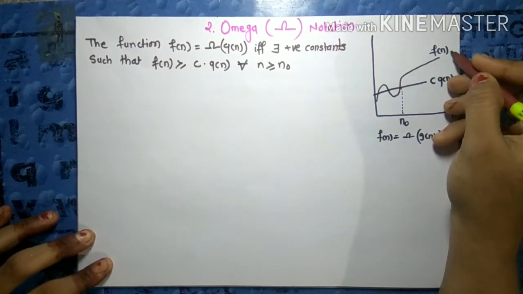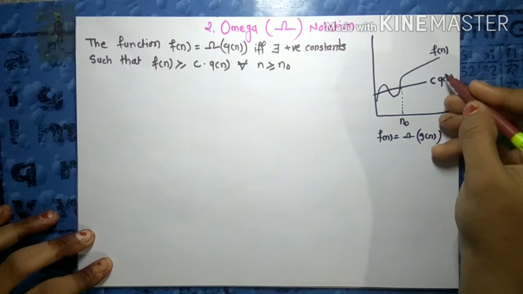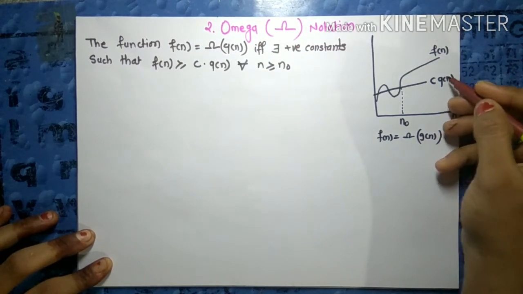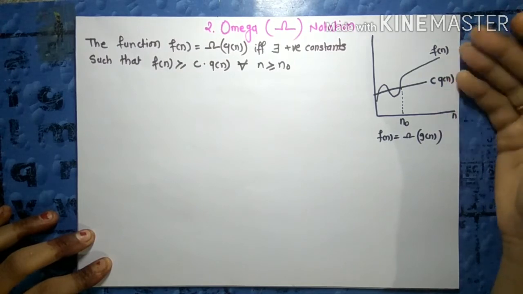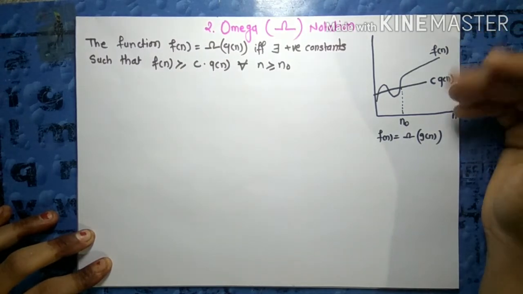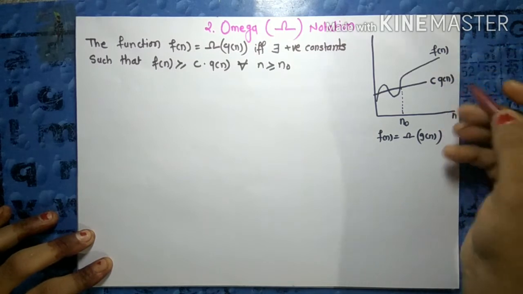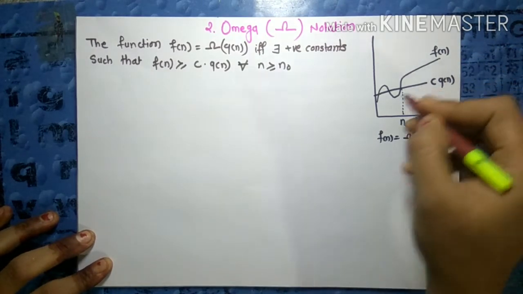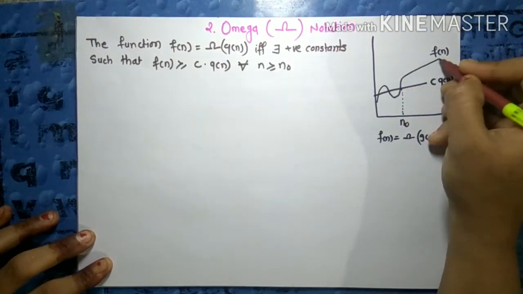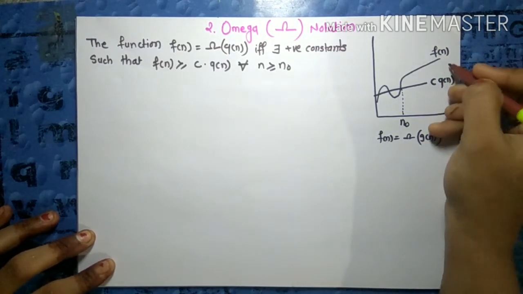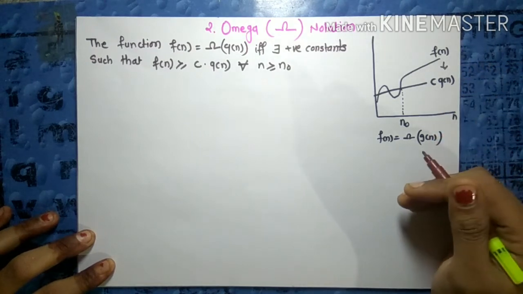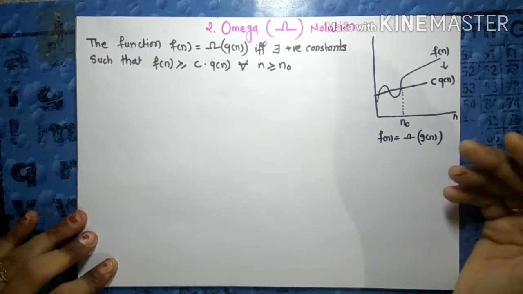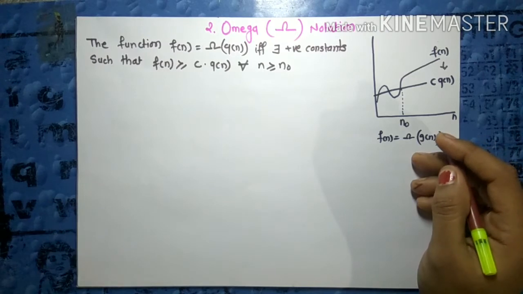This is the running time of a function, and in omega notation we are finding a running time lower than the running time function. Thus it provides the best case complexity of the algorithm. If you can see in the graph, this will be the running time of a function, and omega notation gives us a lower bound of the complexity of the algorithm, so it will be the best case for us.